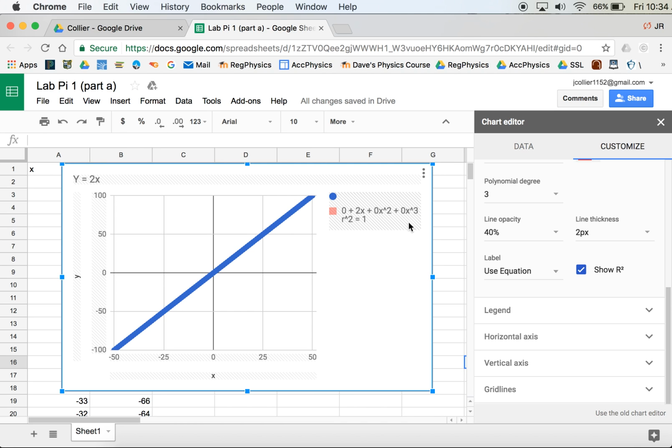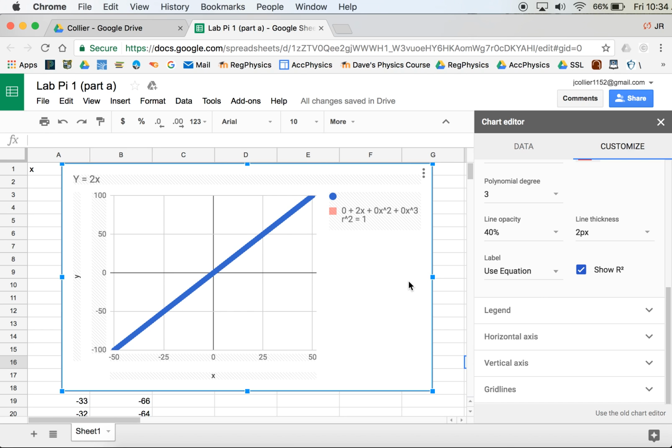Notice the polynomial, third order polynomial, there's no intercept. We do have a 2 times x. We have a 0 times x squared and a 0 times x to the third. And those coefficients in front of these two terms and that intercept are 0, which means really this is just